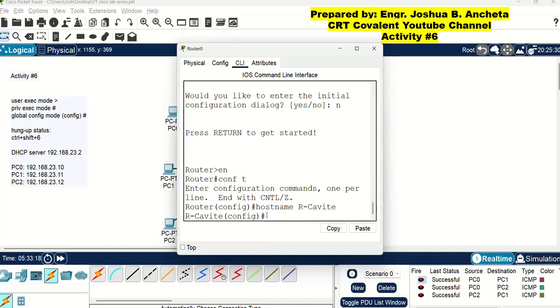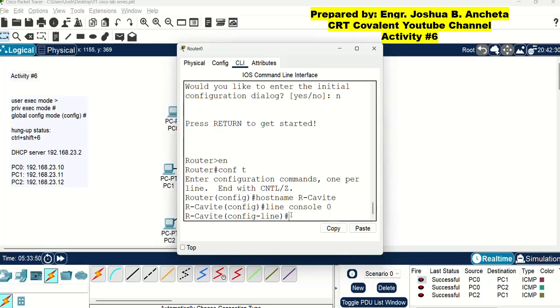Okay. So next thing is, let us put a password to enter the user executive mode and the privilege mode. From this global configuration mode, we can go directly to line console 0. This is to put a password to enter the user executive mode.